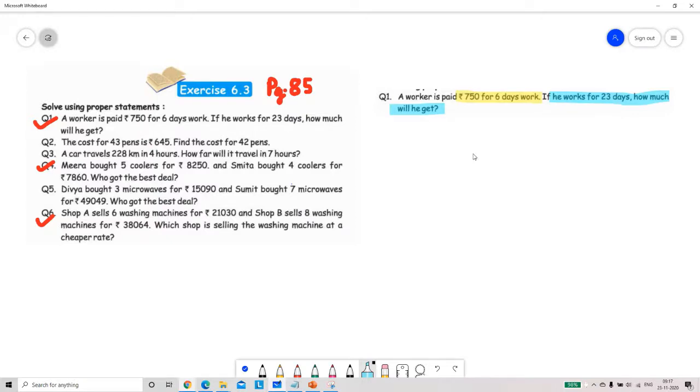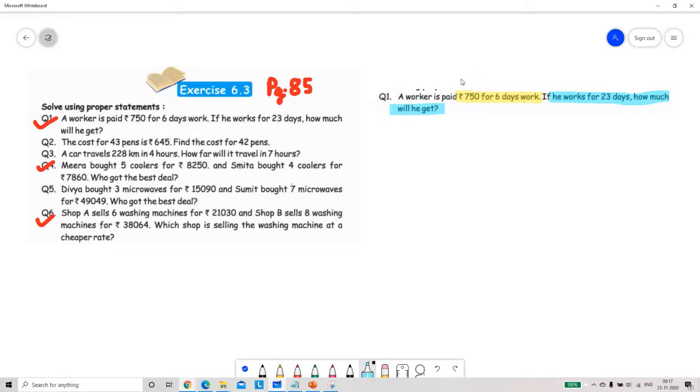One thing is that it is written here, how much money will he get. The workers can be he or she. The workers can be male or female. So it can be she here also. If you want, you can write she as well. Ladies can be workers too. Always remember that. Now let's come back and start solving the question.